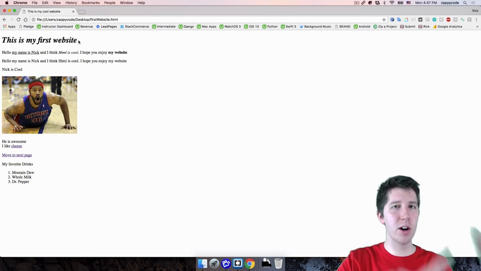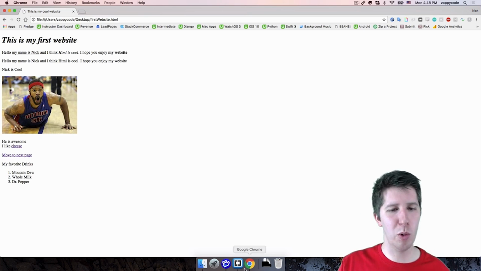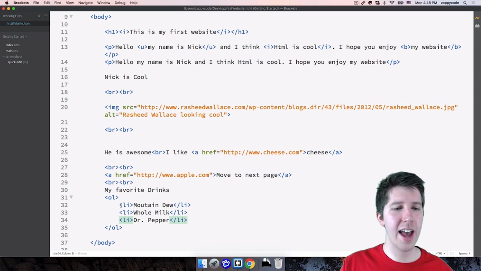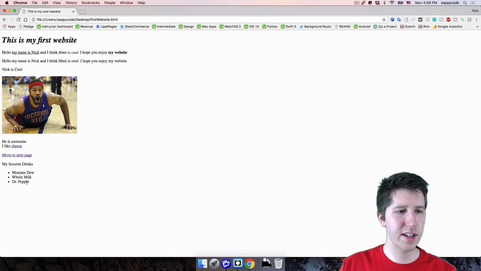So that's the difference between an unordered list and an ordered list. And that's that the ordered list will provide numbers. Unordered lists just have bullet points. And again, with both of them, you're going to have list items inside of there. And if you ever want to go back, it's just as simple as changing this back to UL for the opening and the closing. If I save this, look at that, it goes back to the bullet points.